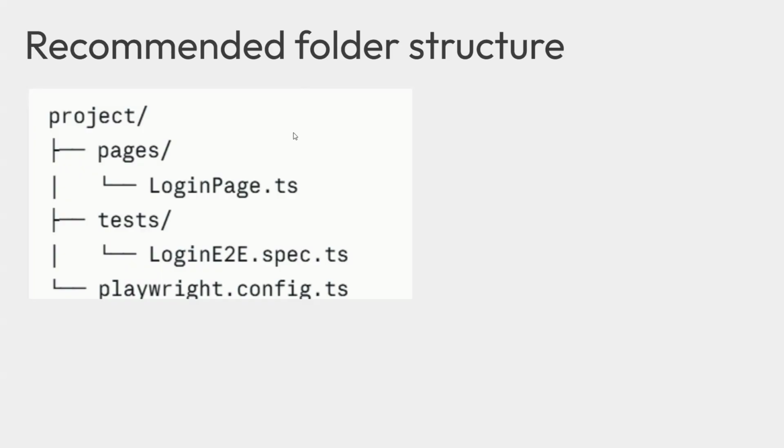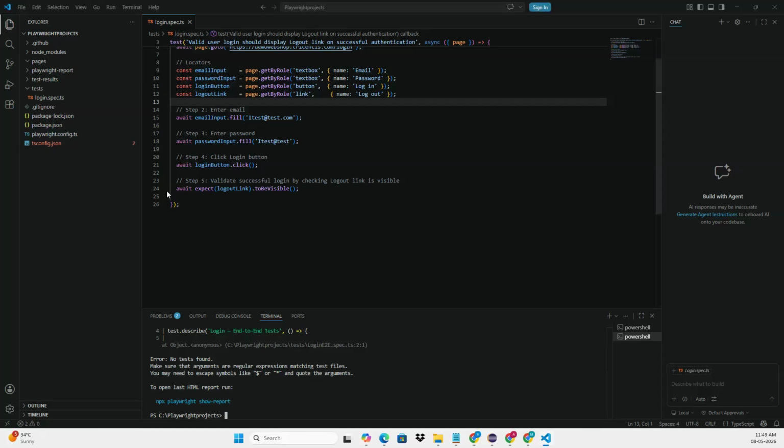So the recommended folder structure when it comes to the POM framework is your tests should be in a separate folder and your pages should be in a separate folder. So tomorrow, if you're going to do registration functionality testing, maybe one file for registration testing and the elements of the registration page in a separate registrationpage.ts. Likewise for the search or any other functionality that you might keep on adding. Okay. Now let me first do this change in my Playwright and then we'll understand further.